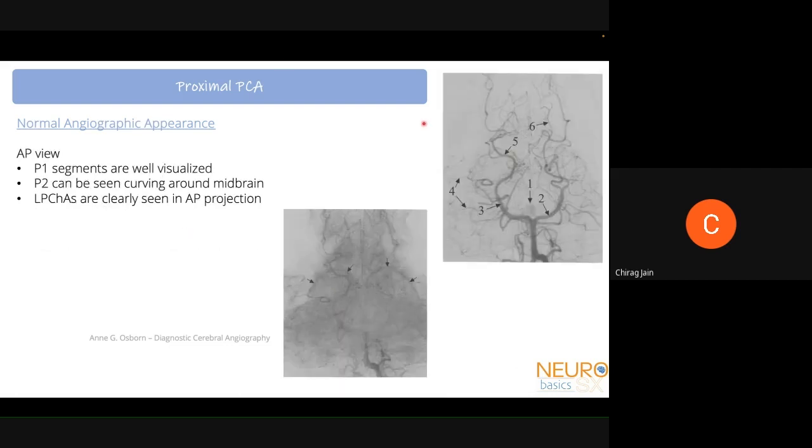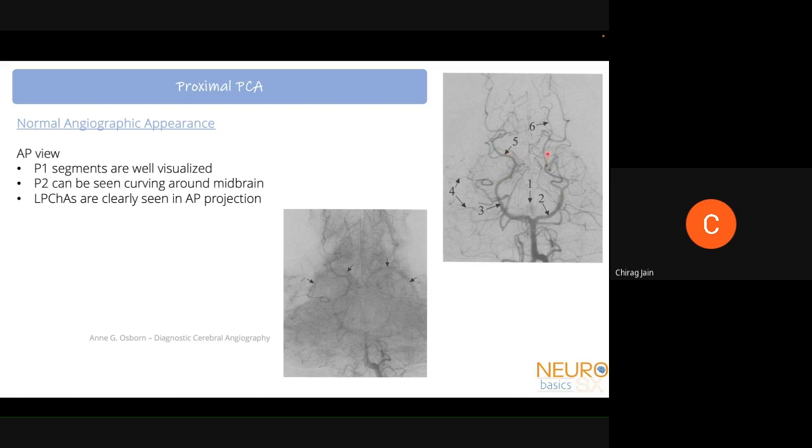In the AP view, on the other hand, now finally you can make out the P1 segment. Here we can see the P1 segments quite clearly, and below them the SCA is also seen. This blush represents the thalamoperforating arteries. You can also clearly make out the P2 segments as well. Then, as we know, the point at which it turns up, but also turns medially, is the P2-P3 junction. Following which the P3s will course medially and then finally turn up to enter the calcarine fissure and form the